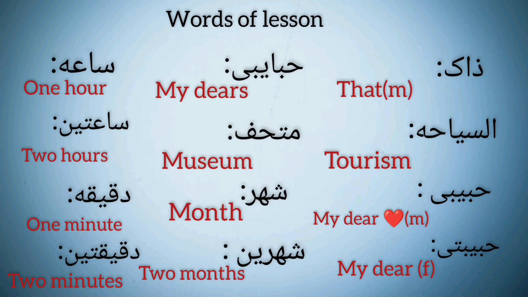But in Arabic culture, it's so bizarre and awkward to say this word to someone that you are not familiar with. You can use this word for those who are so close to you, your partner, your friends that are really close to you. You cannot use this word for a woman that you are not familiar with. Okay? حبايبي. It refers to plural and it means my dears. You can say this word for a group of people or some people.